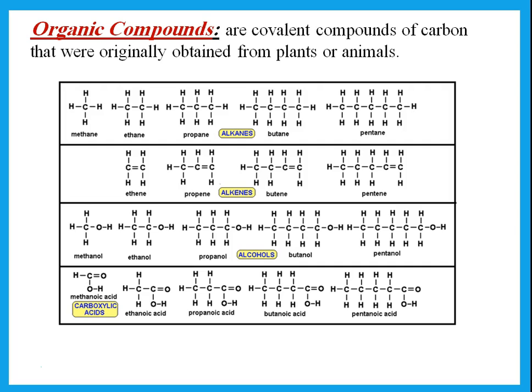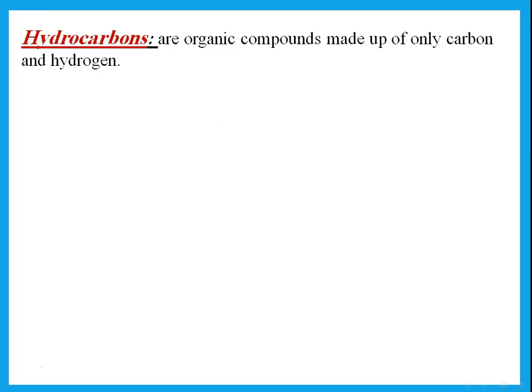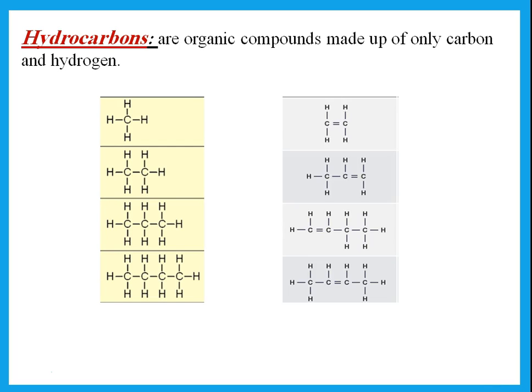such as oxygen. Okay, one type of organic compounds is hydrocarbons, and from its name, hydrocarbons means organic compounds that are made up of only carbon and hydrogen. And you have to be careful that you say only carbon and hydrogen, because all organic compounds have carbon and hydrogen. They may have carbon and hydrogen and other things, but if they have only carbon and hydrogen, then they are hydrocarbons. So these are examples of hydrocarbons where you have only carbon with hydrogen, no oxygen, no other elements,